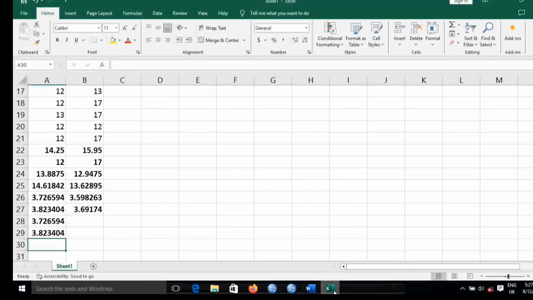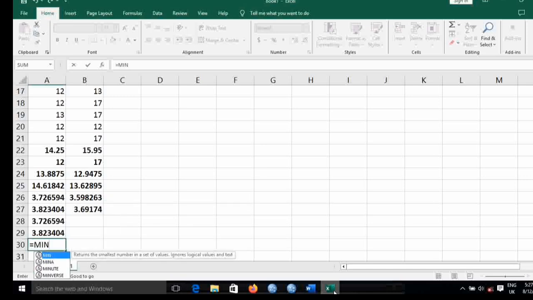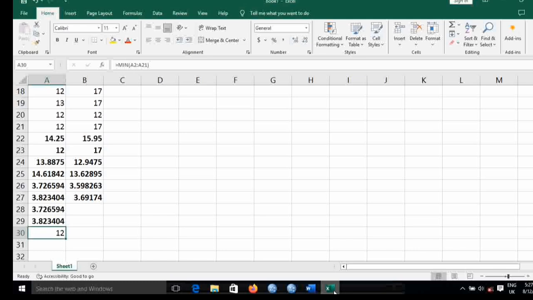So let's come over here and implement that routine. Let's say I want to know the minimum score that was obtained by a student amongst the 20 students that wrote that mathematics test. So I'm going to put here equal to MIN, minimum, and then put in the array A2 to A21 and then press enter. You see clearly that the minimum score, which is the lowest score students scored in the mathematics